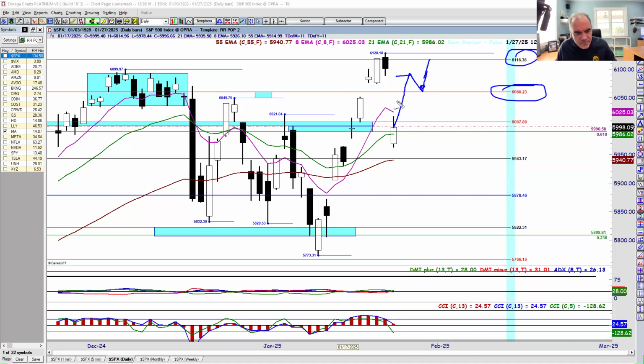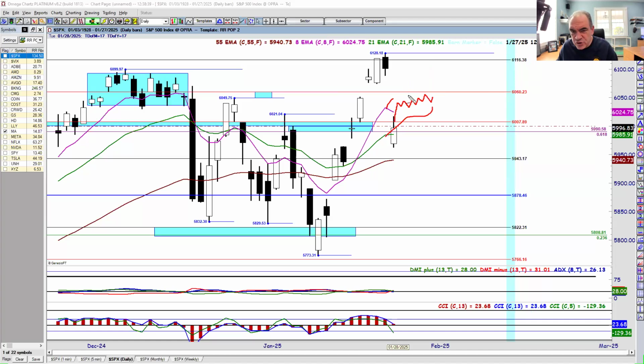Or even better, I'll draw this one in red. Even better is we move up and we start to kind of do this sideways. Why? Moving averages will start to catch up. And now the move up, the pullback, and the bounce becomes so much stronger when I have a confluence of the 8 there. So much stronger. Okay? So you've got to have a process